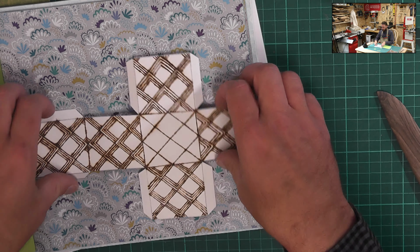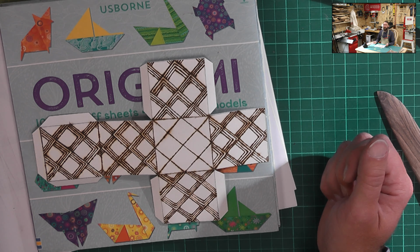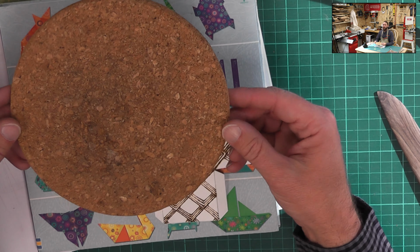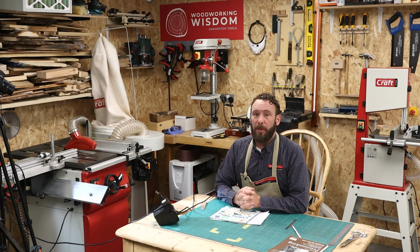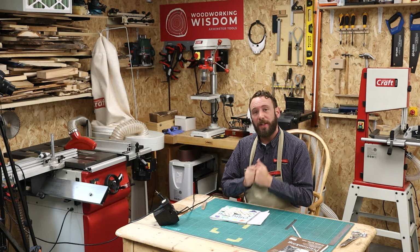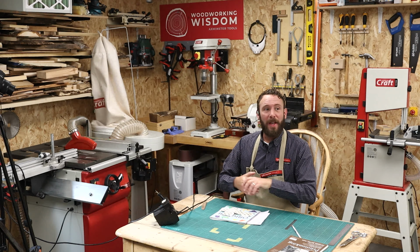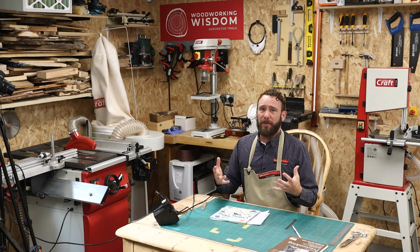Okay, so like I say, quick one today. Just showing you a couple of different materials that we can burn on. Obviously we've done paper for this one, but have a go at using cork. Leather is also a great one to do if you wanted to have a go at bookmarks, to personalizing things. So really it's just an invitation to get you guys thinking about using different materials, and not having to hem ourselves in with timber when it comes to pyrography. You can use it on lots of different